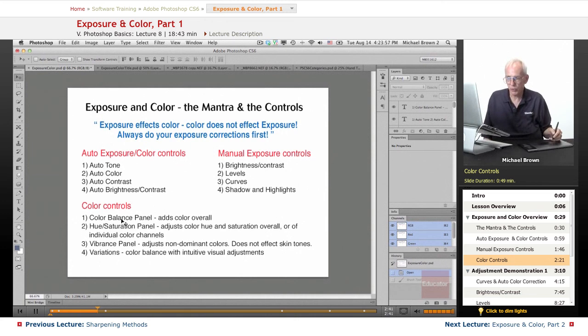It's just a filter. Hue saturation adjusts the hue and saturation either overall of your image or of specific color channels: red, green, blue, yellow, magenta, and cyan, so you can specifically target individual color channels. Vibrance is like hue saturation, but it only deals with non-dominant colors, doesn't affect the very saturated colors, and it protects skin tones. So let's get